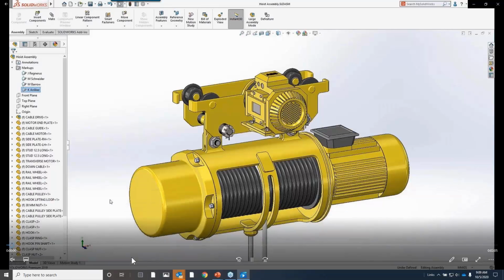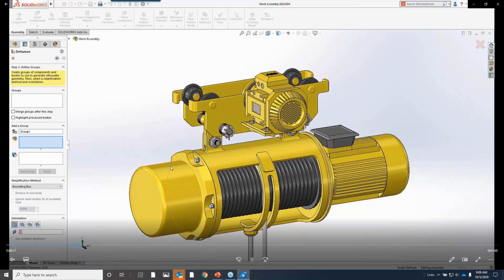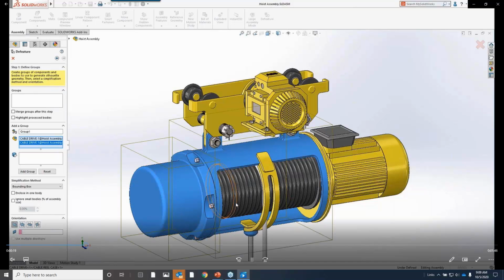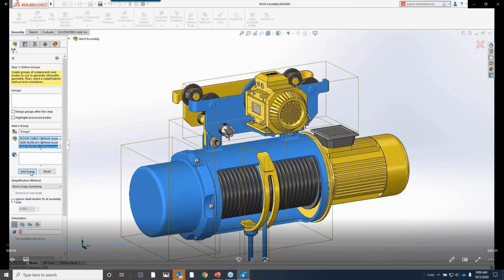Creating highly detailed production-ready components is something SOLIDWORKS excels at, but not all of this detail is required in higher level assemblies. The defeature tool provides a capability to massively reduce unnecessary detail to improve large assembly performance or to protect intellectual property. SOLIDWORKS 2019 introduces the new silhouette option to help simplify an assembly based on the outlines of components and